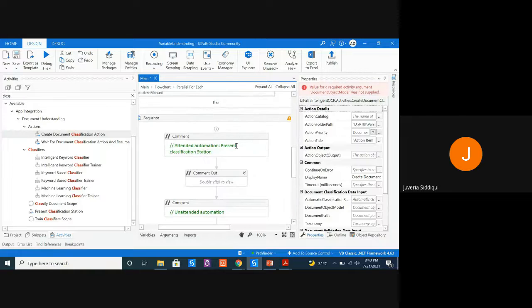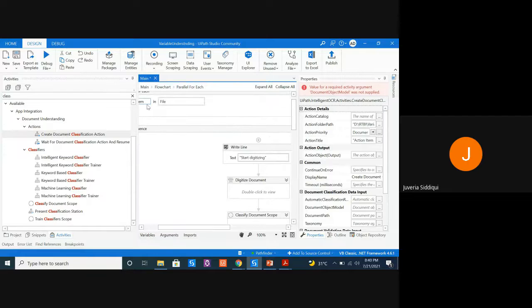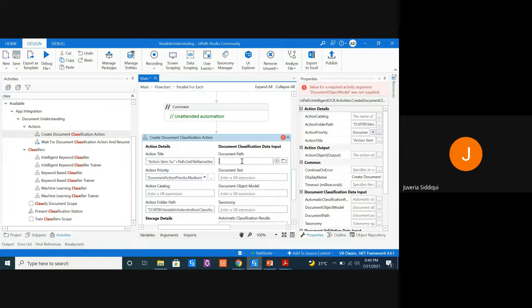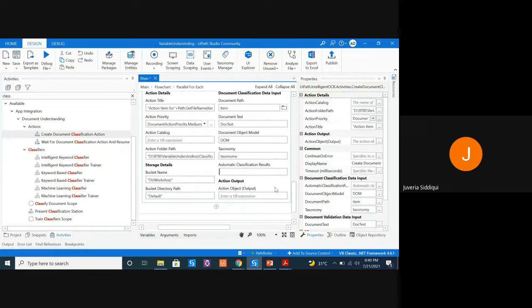Document path, again, is stored in the variable item. Document text, we already have these variables created from our earlier activities, so all that we are doing is using them. It's very easy. You can create automatic classification results or use the same variable that you created earlier. I'm going to use validated classification results only.